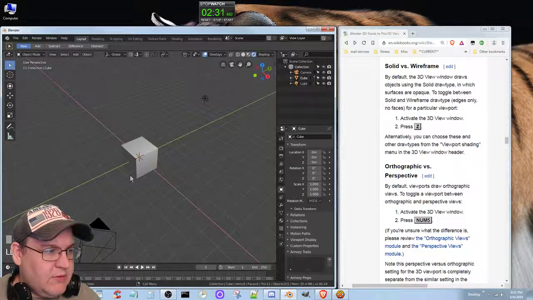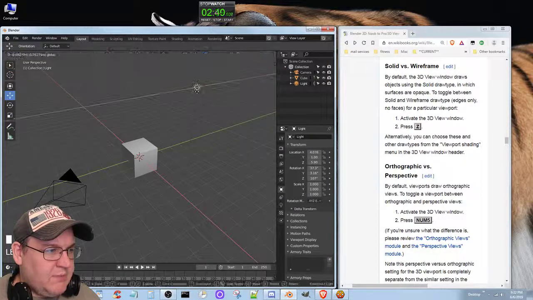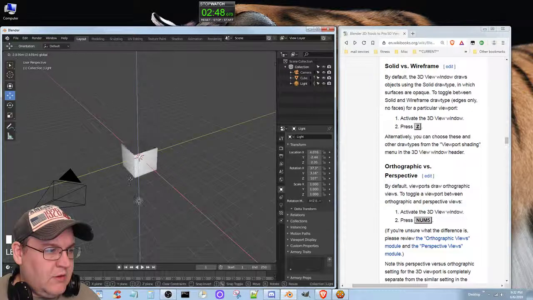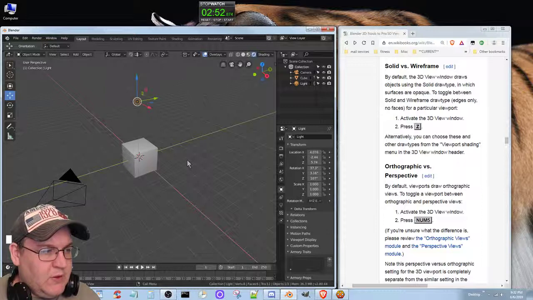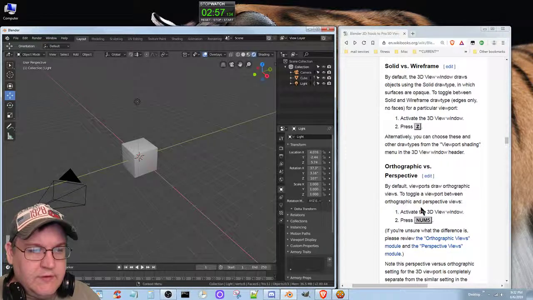Look dev rendered. I guess this has to do with the lighting. So if I take that and I move it around, see where it's changing the lighting here? Cool. Okay, so